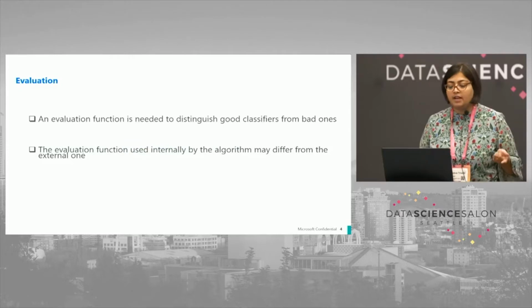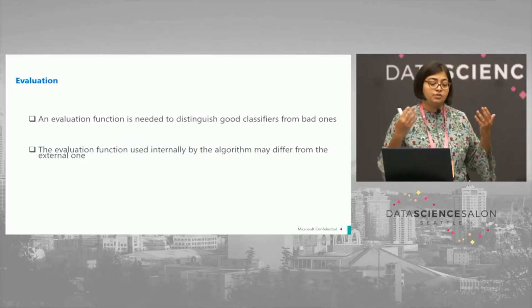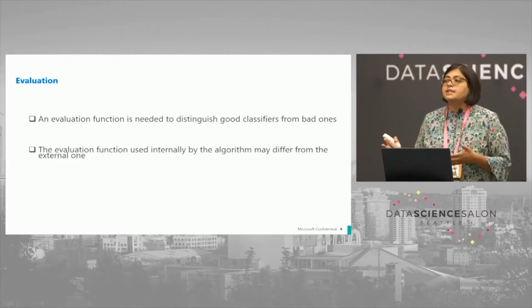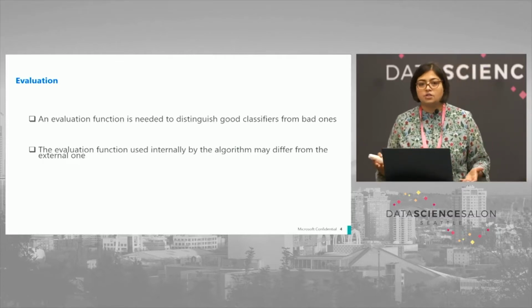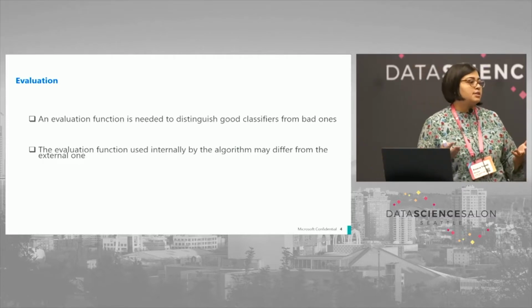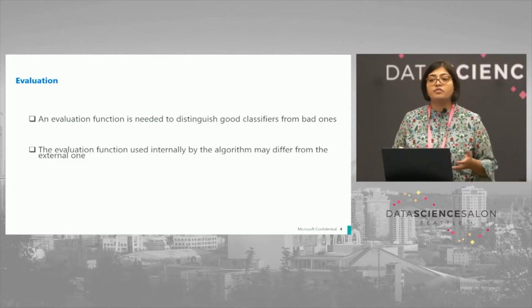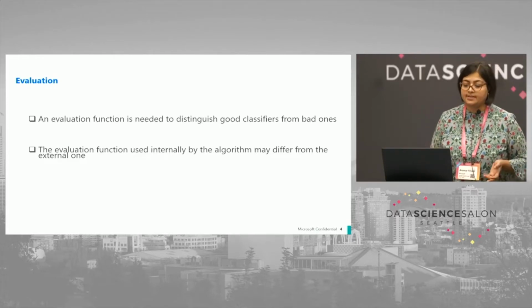Evaluation, very much needed. You need to distinguish good classifiers from bad ones. You need to figure out that you're not overfitting on your data set, because in some of the verticals that we work with, like the example I gave you, there is not a ton of data to work with. So if you start applying some neural network techniques, it might start to overfit, and you need to figure out whether you are actually doing a good job by evaluating it on out-of-sample data sets.